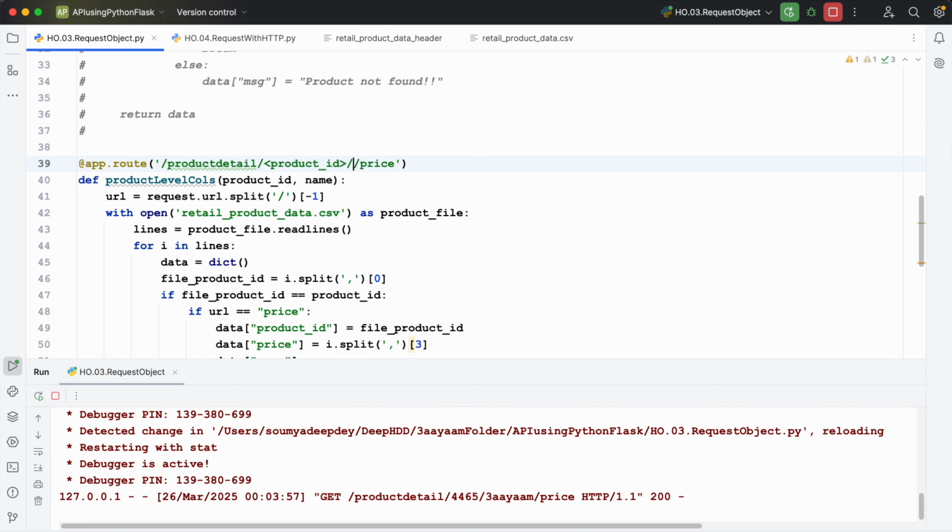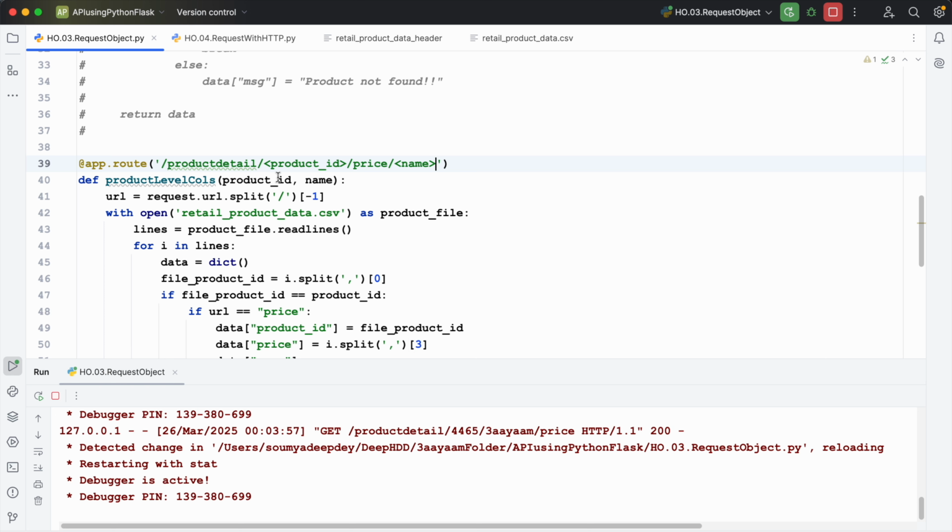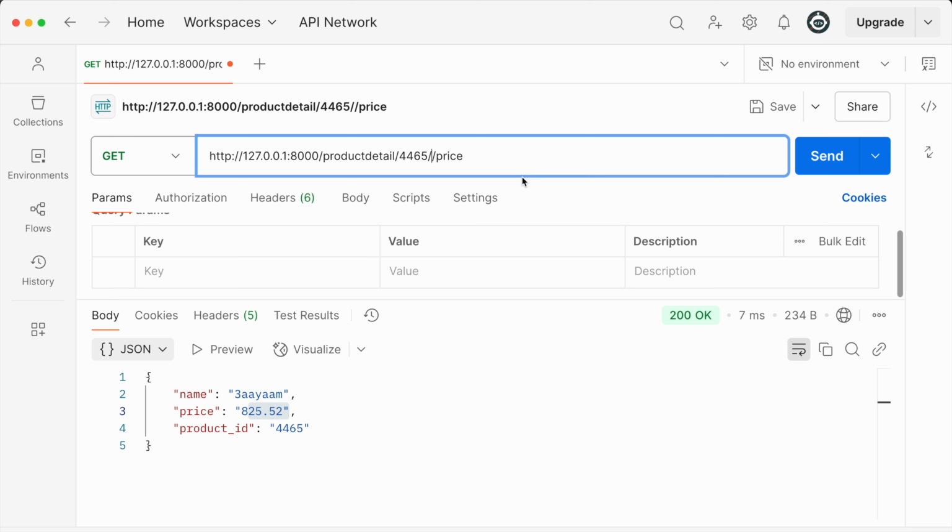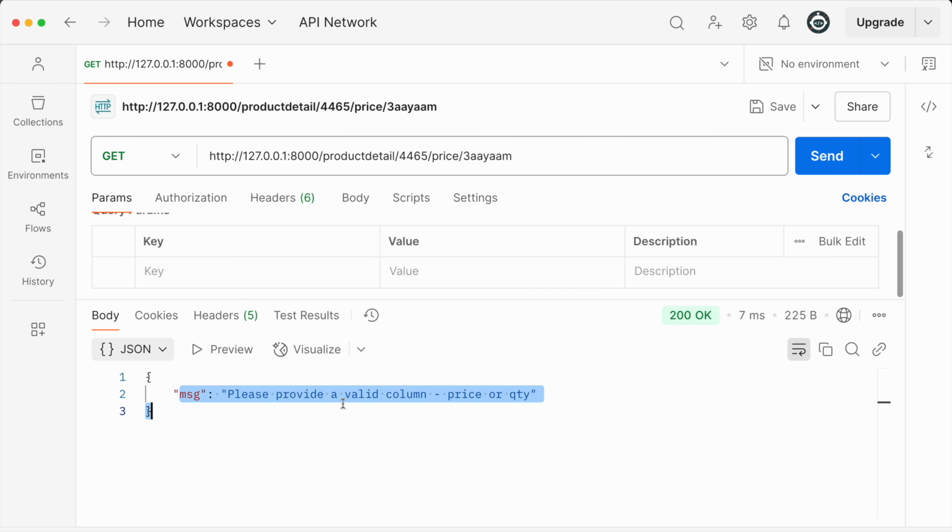Now let's try the last type. After price, I'll have name here. Nothing changes except for the endpoint. Remaining logic is the same. And here, this 3IAM would be after price. So I'm passing the value after this price endpoint. Okay, it is providing an error saying that